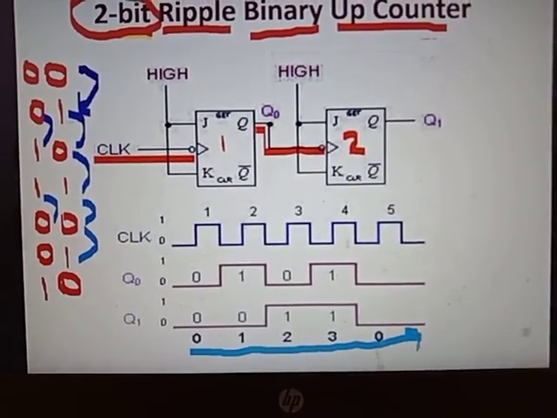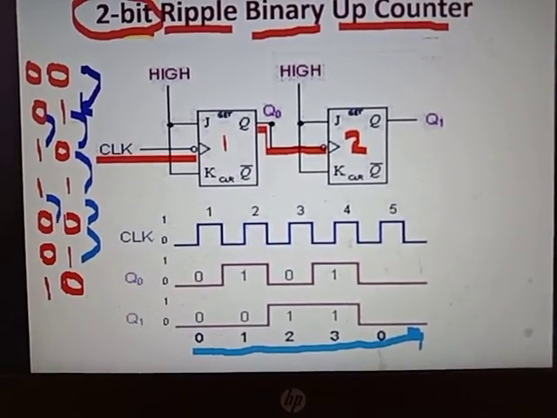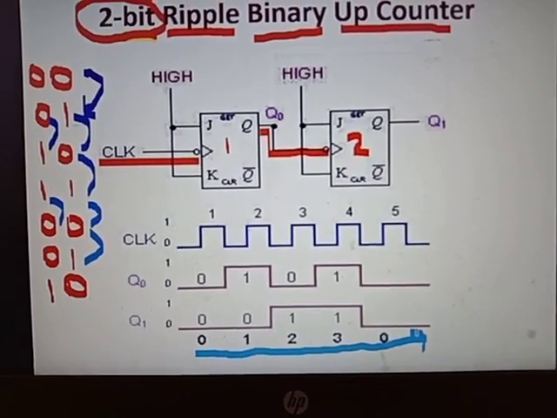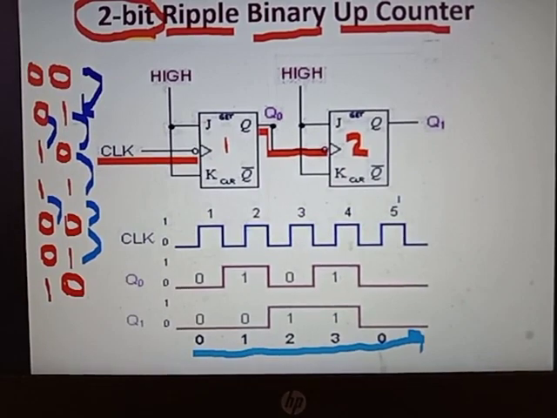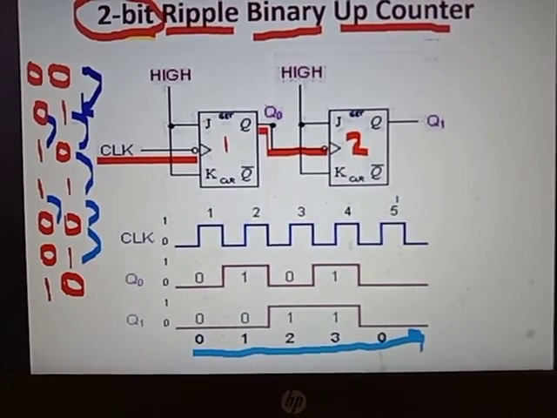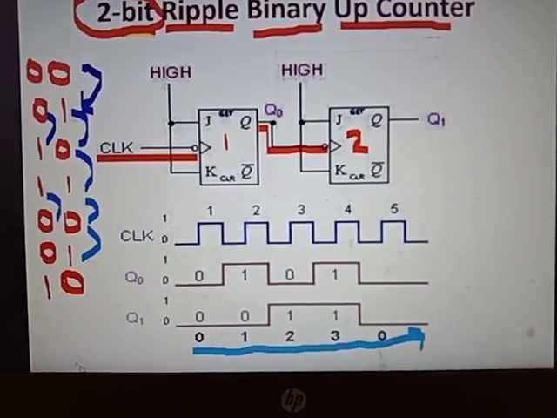Okay. This waveform you can easily understand by yourself. I have already taught this in the triggering concept, so I am not going to explain it here. It is an assignment for you. You can refer to it, learn it, and then if you have doubts, you can call me again.